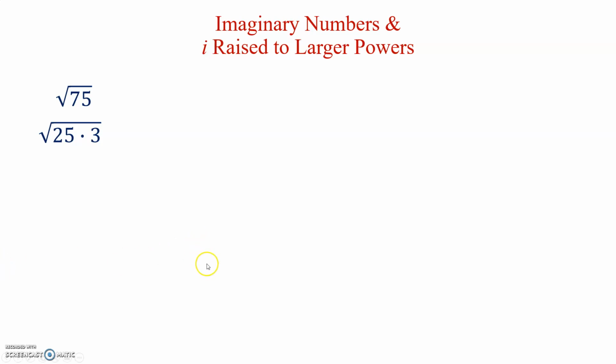If I separate my two factors and give them each their own radical, then I simplify. Square root of 25 simplifies to 5. Radical 3, or the square root of 3, stays the square root of 3. Final answer is simply 5 radical 3. If I take it to the next level and look at the square root of negative 75, which is considered